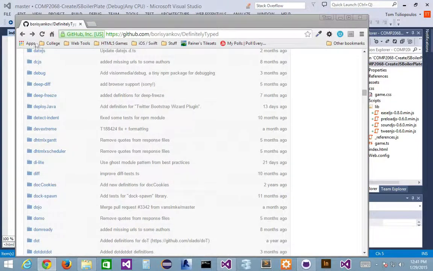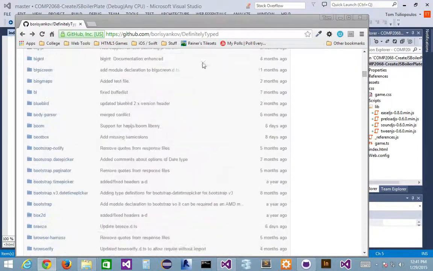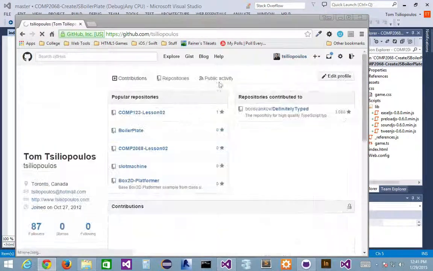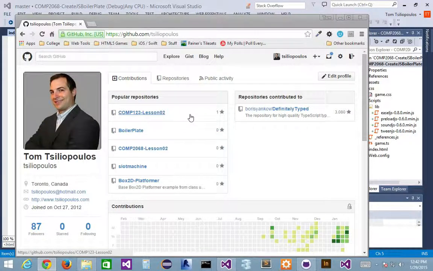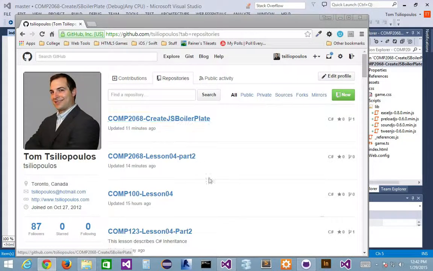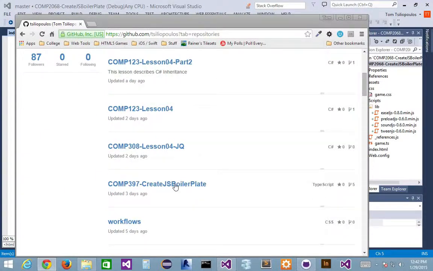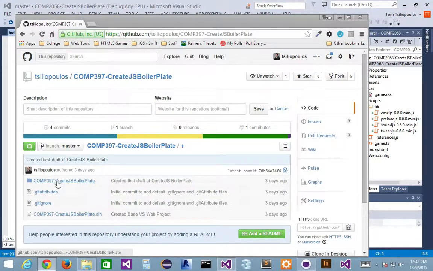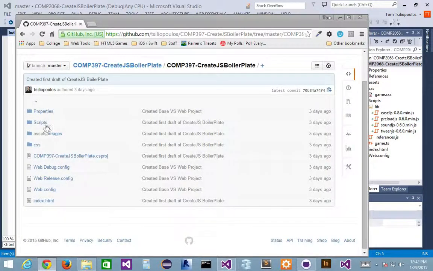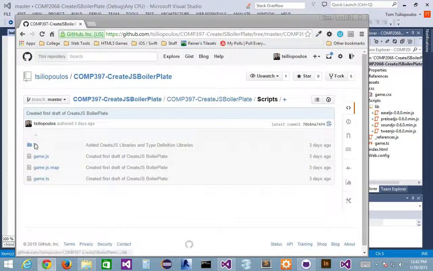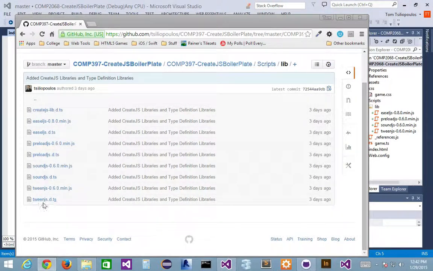But what you could do is, if you go up to my GitHub site, I have another boilerplate that I did earlier this week for the other course. In this particular case, for 397, I created this boilerplate, which in my scripts file, in my libs folder, has all of these files that I already created. My TypeScript files are the correct ones to use, and these are the ones I'm going to grab and put in. I'm sorry this is a bit of a runaround, but until we update our version to 1.4